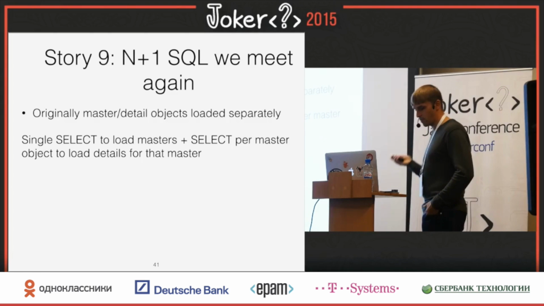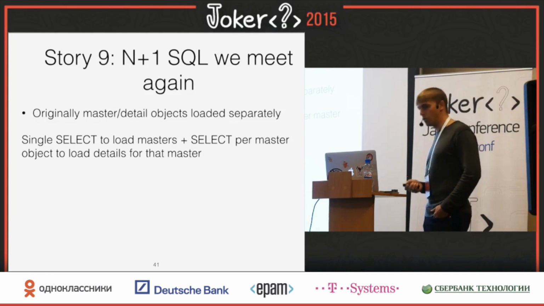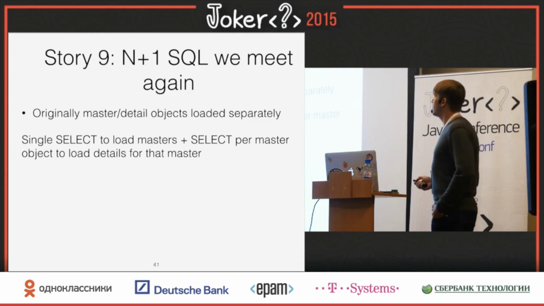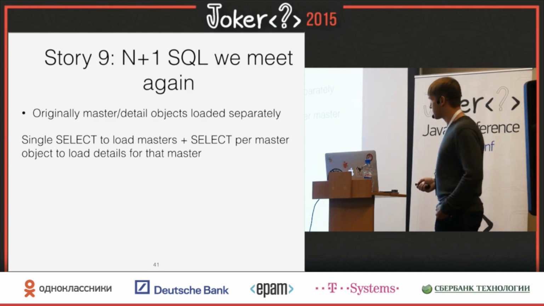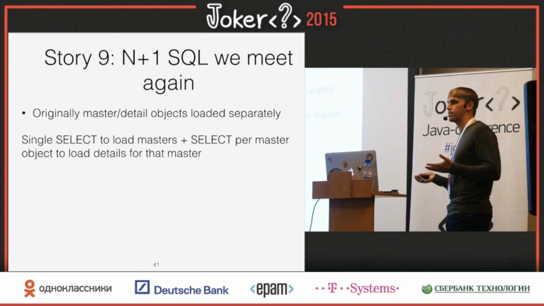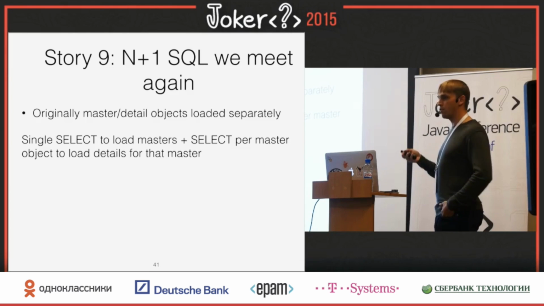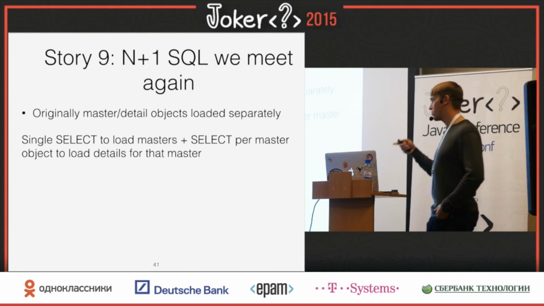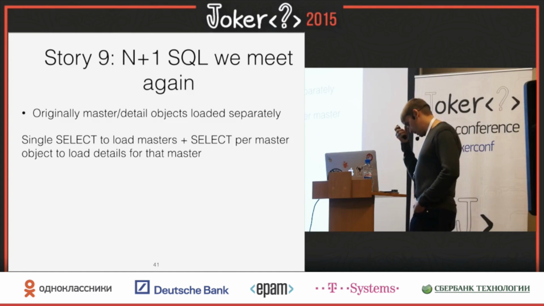Well, as in any enterprise application, you have to have your n+1 SQL problem. Luckily, we are not using Hibernate. Unluckily, we had an n+1 SQL problem. If you're familiar with structured data, master details, for instance, you have orders and order lines. An order has a collection of order lines. What Hibernate will do by default: you read, let's say, 1,000 orders, and if you don't access order lines, you are fine. But the very moment you call order.getOrderLines, you get a SQL to load order lines for this order. So if you have 1,000 orders, you have 1 SQL to load orders, plus 1,000 SQLs to load all the items. We had something like this.